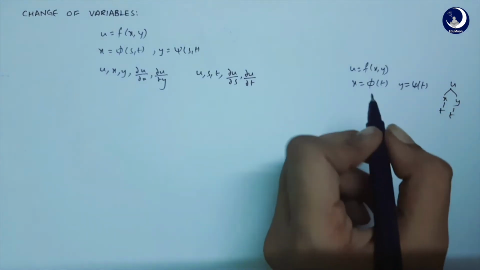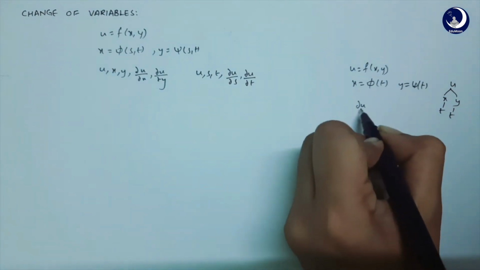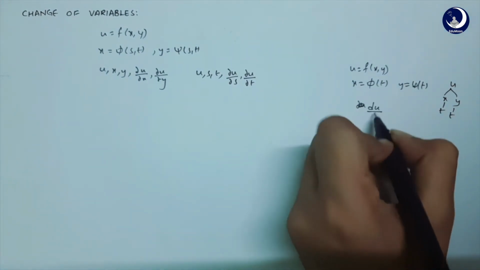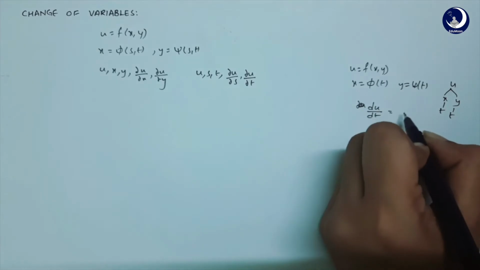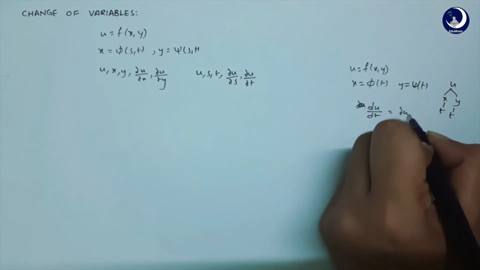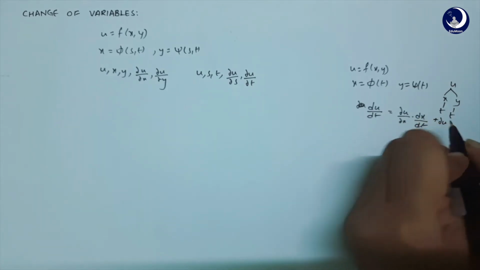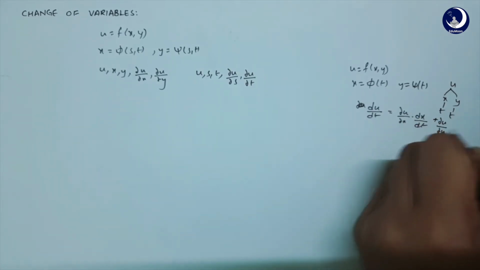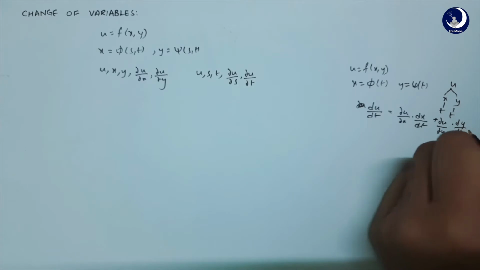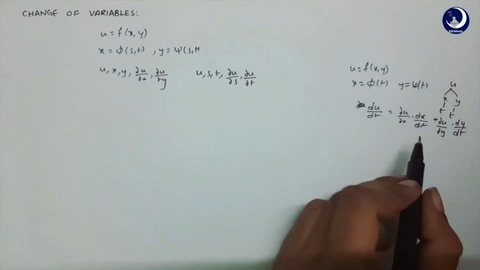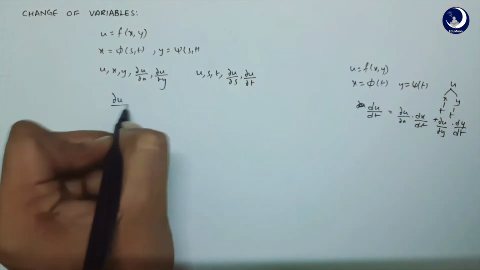So using the chain rule, we get du/dt equals ∂u/∂x into dx/dt plus ∂u/∂y into dy/dt. Now using the same chain rule, we are going to find out ∂u/∂s